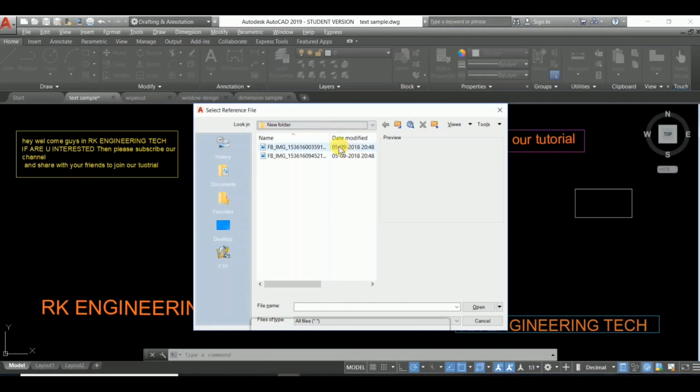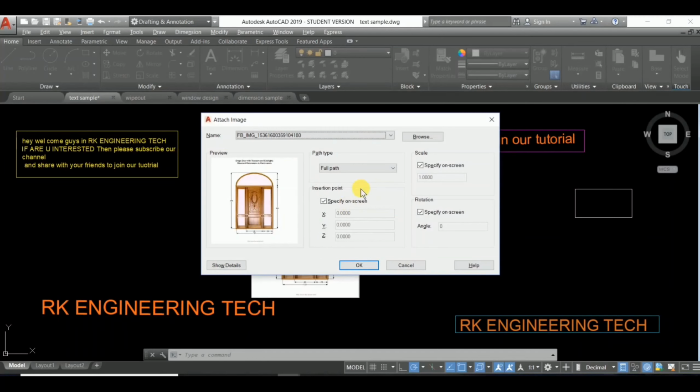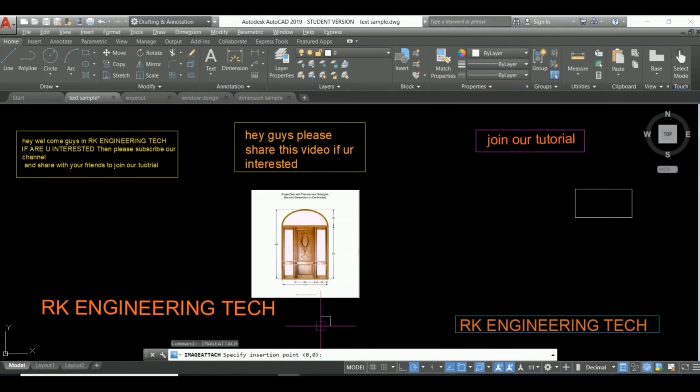So I'm going to take this image first. I'm going to press on that and press enter. After that you have to make settings in this. You have to choose specify on screen, and when you take the first image, you must not untick this, so you have to tick this. Then press OK.